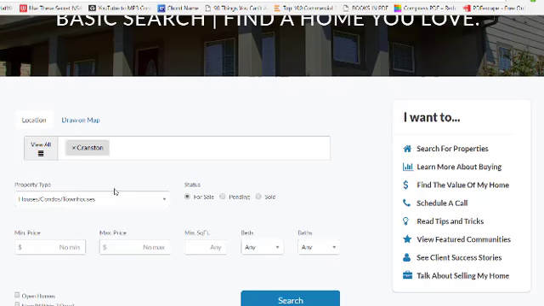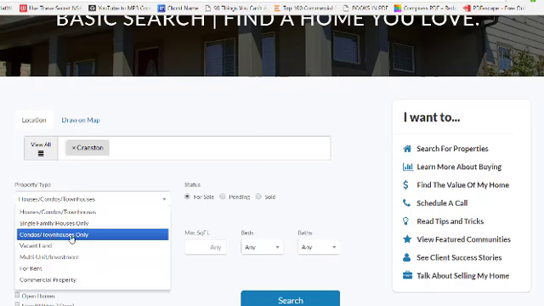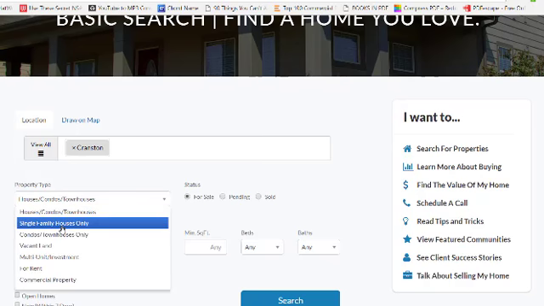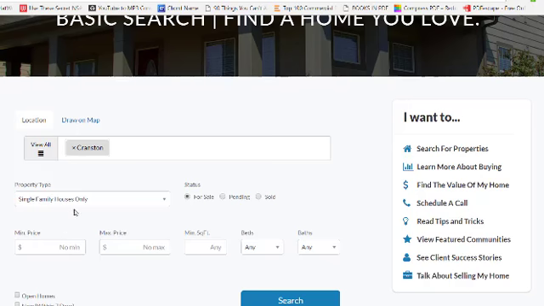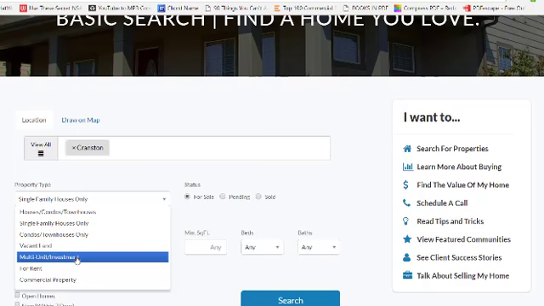And next we're going to scroll down to the property type. Single family houses and condos and townhouses are put together in one category, or you can search each separately. We're just going to go with single family houses for now. Other options on there are vacant land. If you have a building project, you can search what available lots are for sale that might suit what you're looking for. Multi-units could be anywhere 2 to 4 residential multi-unit property, or more than 4 units would be investment